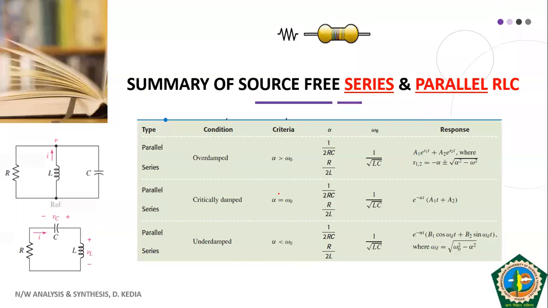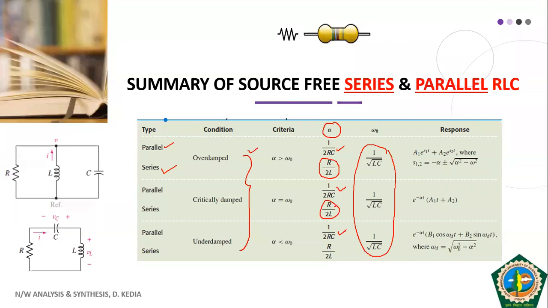This is your summary of source free series and parallel RLC circuit. You can see here the conditions of overdamped, critically damped and underdamped are exactly the same whether your circuit is parallel or series. Now where is the difference? The value of omega naught is also the same, that is 1 by under root LC. The only difference lies in the value of alpha. For parallel circuits, the value of alpha is 1 by 2RC in all the three conditions. Whereas in case of series RLC circuit, the value of alpha is R by 2L in all the